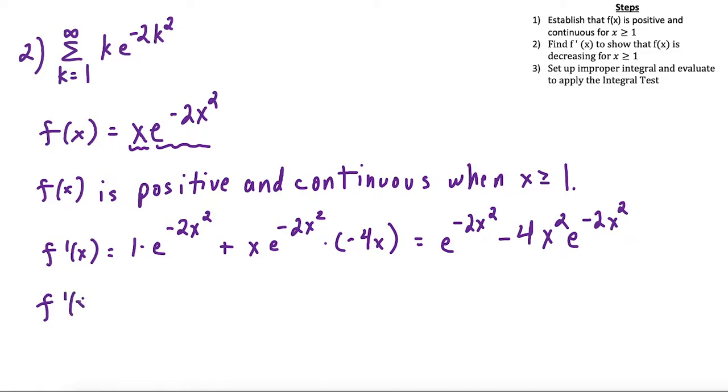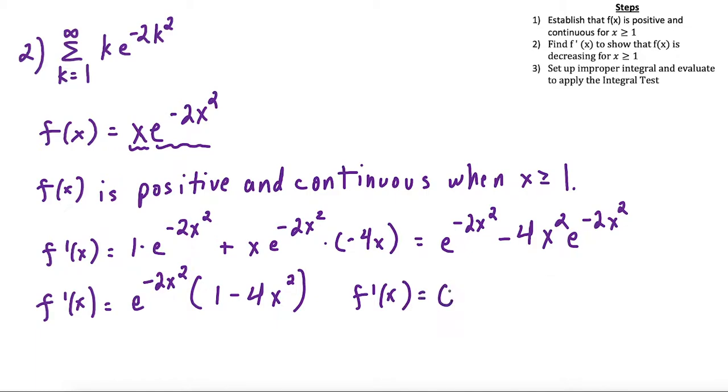So f prime of x is equal to e to the negative 2x squared times 1 minus 4x squared. Now to apply the first derivative test, f prime of x equals 0